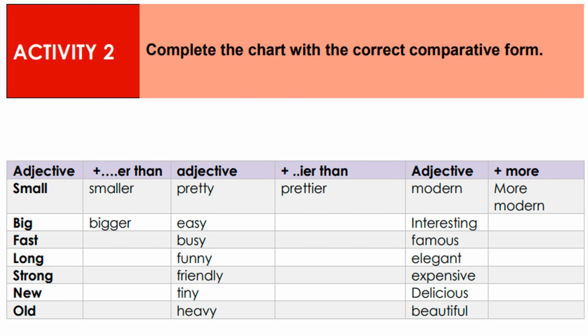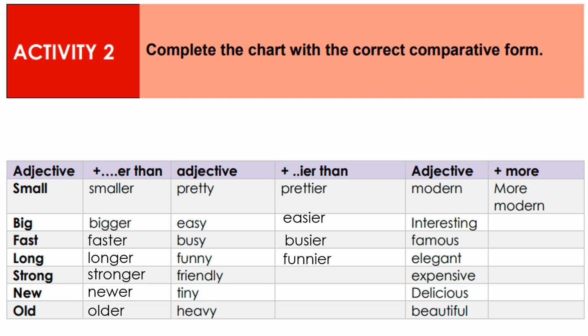For example, here we have small, smaller; big, bigger; fast, faster; long, longer; strong, stronger; new, newer; old, older; pretty, prettier. Easy, easier; busy, busier; funny, funnier; friendly, friendlier; tiny, tinier; heavy, heavier; modern, more modern; interesting, more